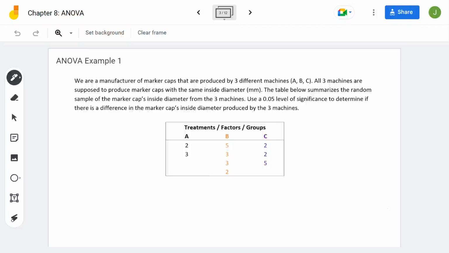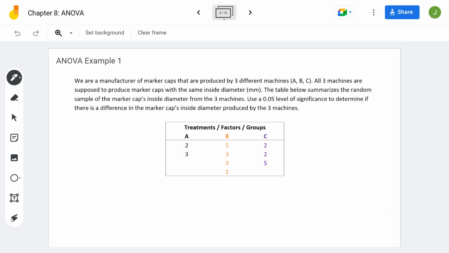So the example that we're going to work through to see this play out is a manufacturing example. It says, we are a manufacturer of marker caps produced by 3 different machines, A, B, and C. All 3 machines are supposed to produce marker caps with the same inside diameter measured in millimeters. The table below summarizes the random sample of marker caps' inside diameter from the 3 machines. Use a 0.05 level of significance to determine if there is a difference in the marker caps' inside diameter produced by the 3 machines. Now, with this data set, it's probably way too small to be doing ANOVA with,